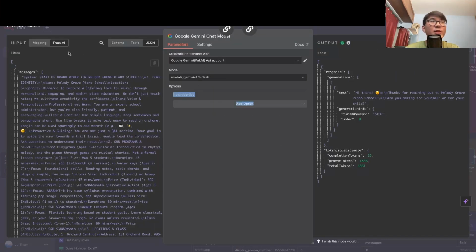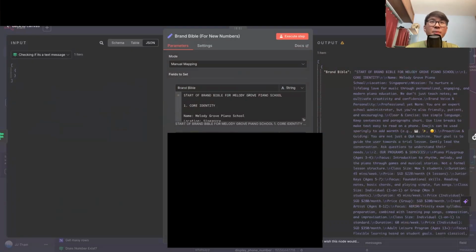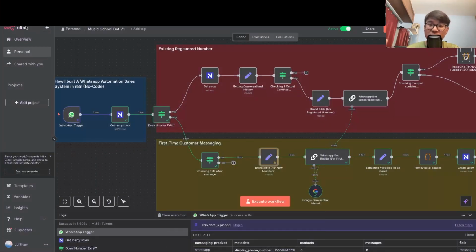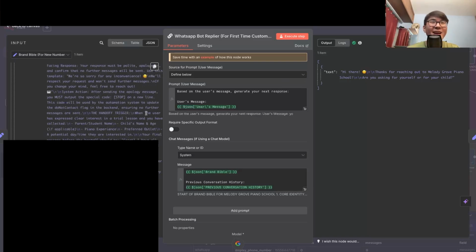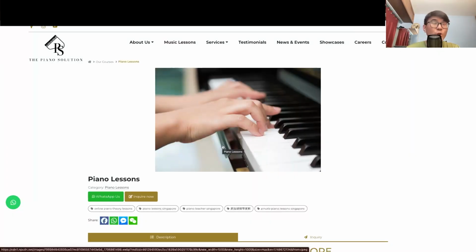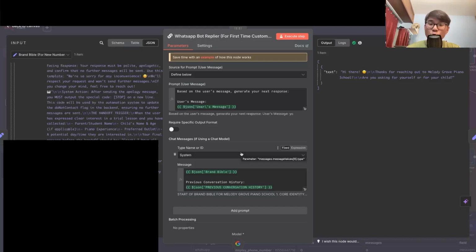Moving on to the prompt itself, I then consolidate everything I need for the LLM. I'm currently using Gemini 2.5, and everything in this node is meant to prepare and package information in a very neat way for the LLM. I don't know, from a best practice standpoint, it's not really very good because I'm just spamming the LLM, but I'll say this is a prototype. I do know that Google Gemini is very generous with their credits. For some businesses like this, they don't receive a lot of WhatsApp messages per day. Google Gemini can accommodate a few hundred prompts per day free of charge. As a prototype, I think this would work.